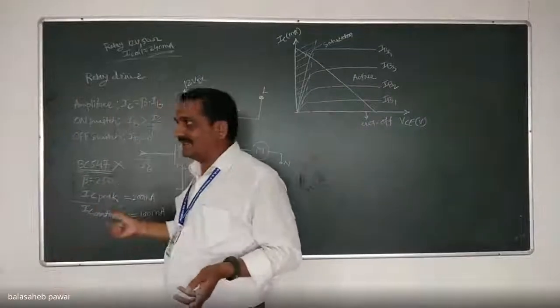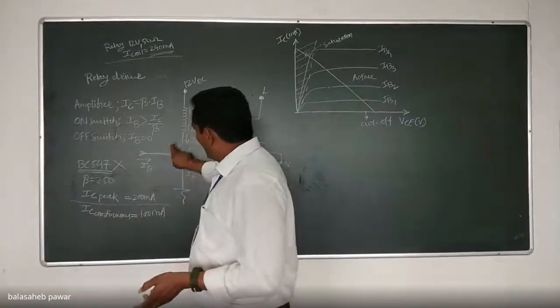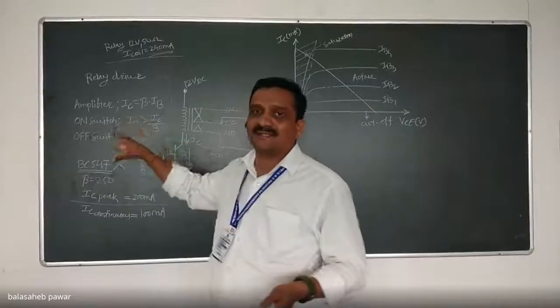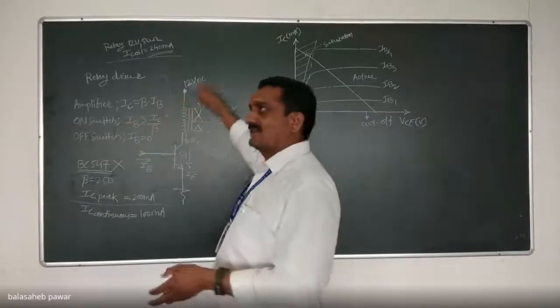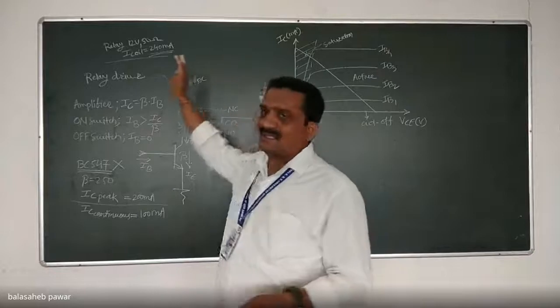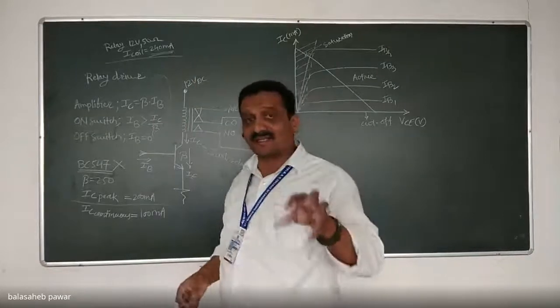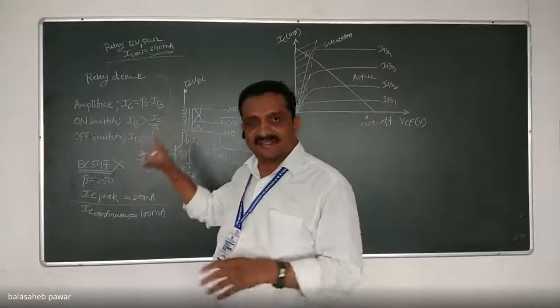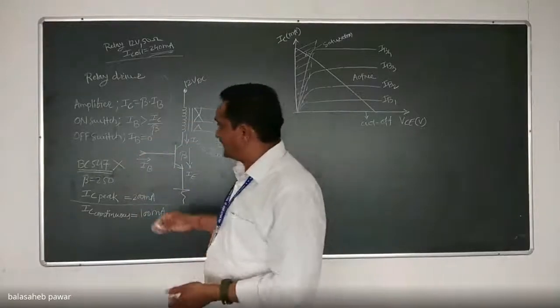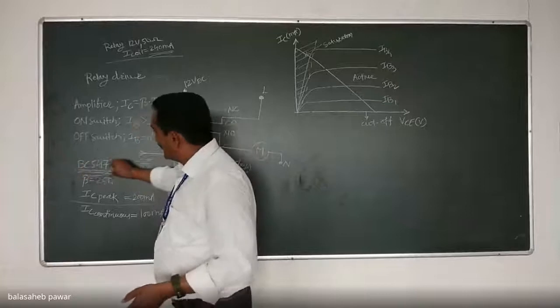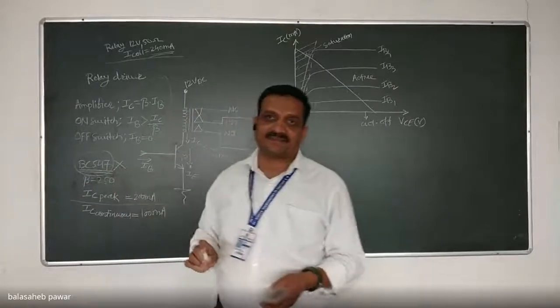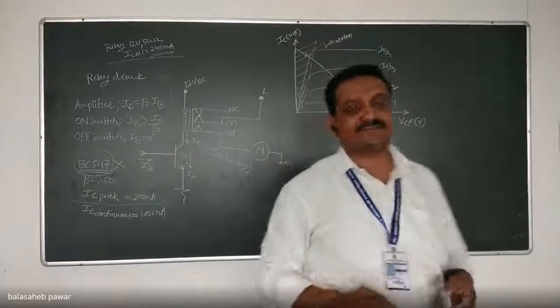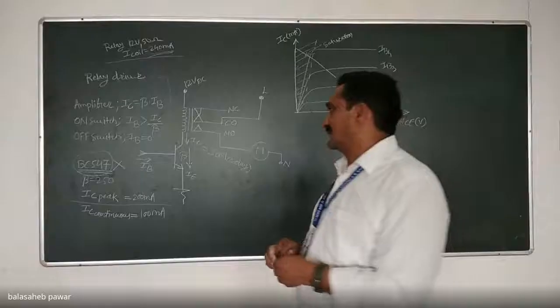But why did I take it? You should be familiar with how that transistor can be used as a switch for the switching purpose of such high power loads, or what the selection criteria of a transistor are in such applications. That's why I selected this one. And hence I took this example of BC547. Is it clear? Yes. Okay.